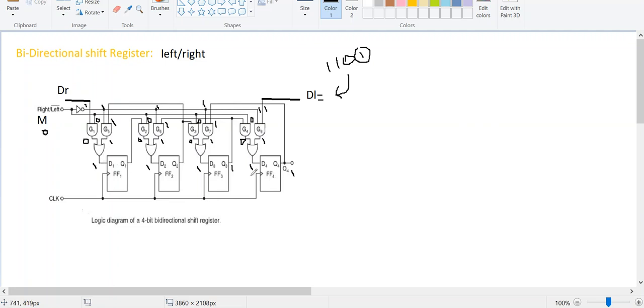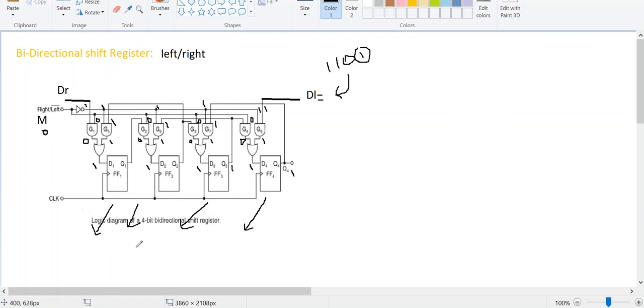Now this is what we can observe in this particular action. My initial input is given to the fourth flip-flop, and its output is connected to the third flip-flop, and that output is connected to the second flip-flop, and that output is connected to the first flip-flop. It means that my shifting operation is done with respect to the left side. So F4 to F3, then F3 to F2, then F2 to F1, and then F1 to the most significant.